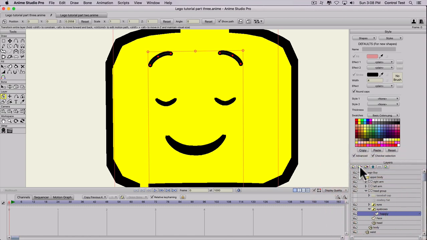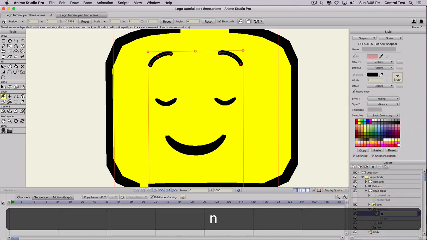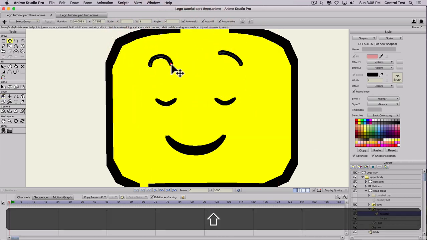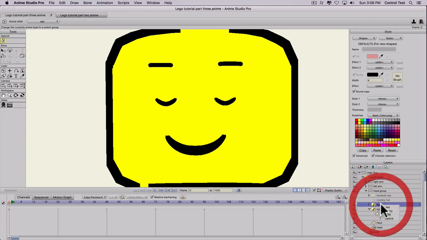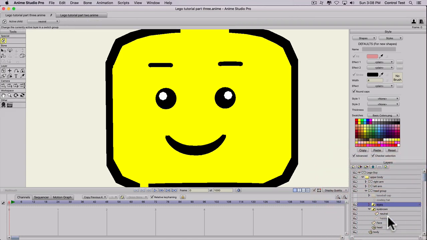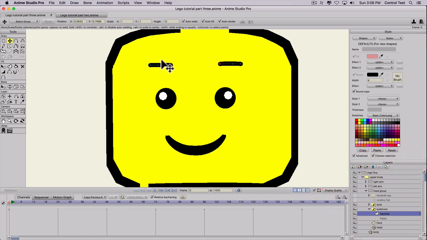And then we'll go ahead and duplicate that layer. We'll call this one neutral. And for the eyebrows being neutral, we'll just make them go straight across. So we'll just drag these points down so they're pretty straight, like that. Drag this one down, kind of straighten that out. And I'm going to change the eyes to neutral just so we have the regular eyes. So here's the neutral